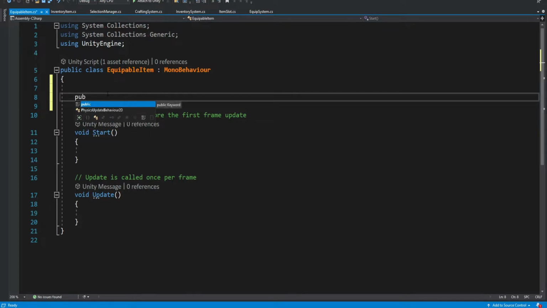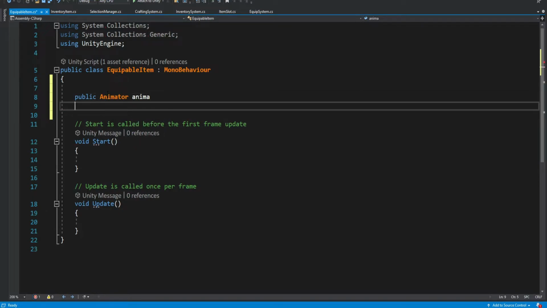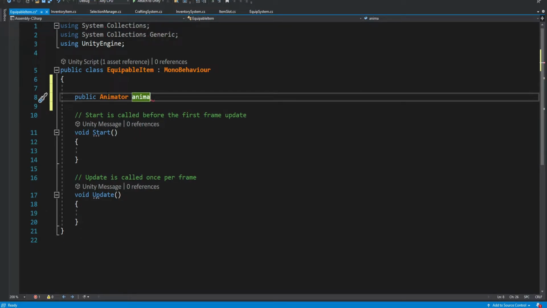So public animator, and this will simply keep a reference to our animator component. Now there's a cool thing that we can do in Unity that I never showed you.